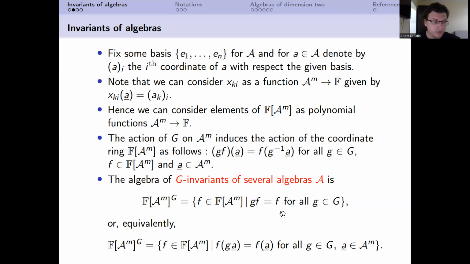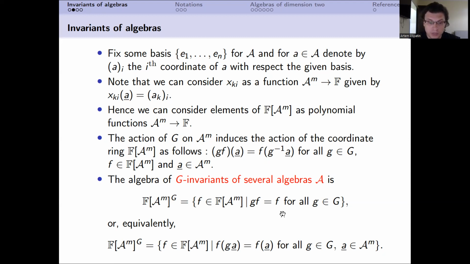So this algebra of invariants is a classical object. It has been around for, I don't know, nearly 200 years. So it's a very ancient object. And why do we need this kind of invariants? The most natural application is to separate orbits. So if we have some orbits of the action of a group over any vector space, or maybe affine variety, because we may consider the same construction over an arbitrary affine variety, which may also be, let's say, a projective variety, and so on. And we are interested in separating orbits.